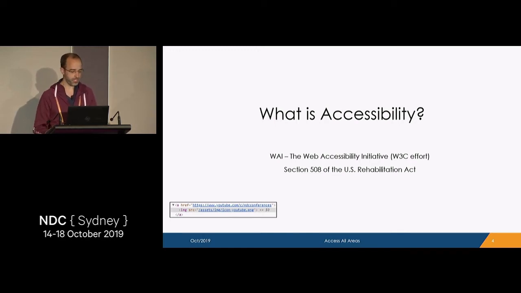So W3C is an example. Section 508 of the US Rehabilitation Act for iText is really important because our US customers refer to it and say, are you 508 compliant? In terms of web, what that means is that the web page is compliant with the Web Accessibility Initiative. But in the PDF world, which is what I'm going to talk about, it's about something called PDF UA, where UA stands for Universal Accessibility. Easy. Much easier than WAI, I think, if you ask me.